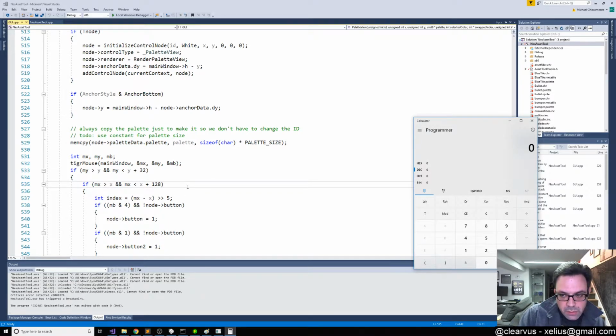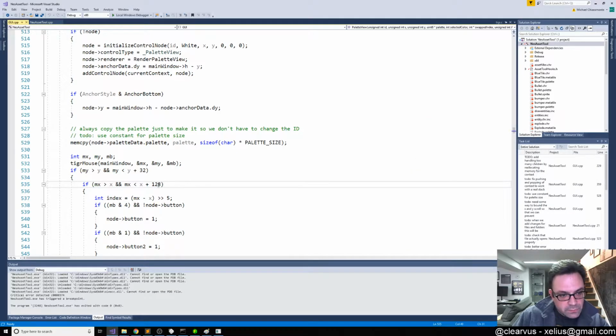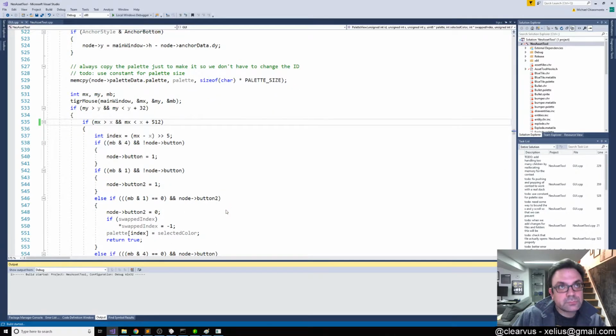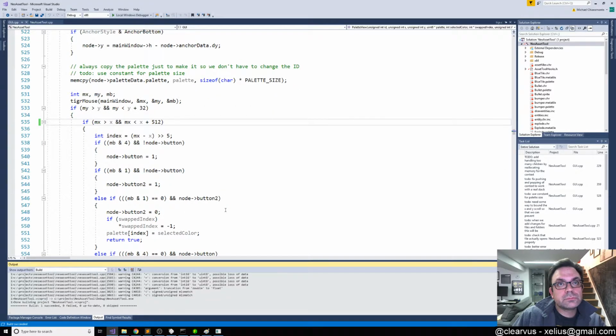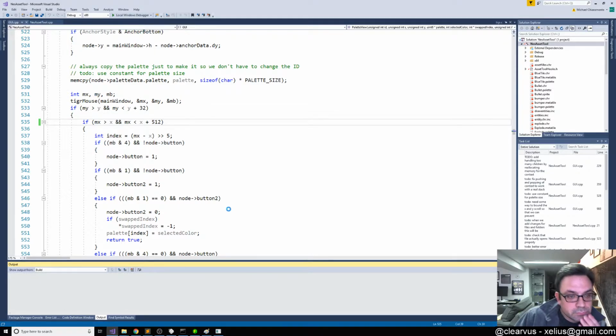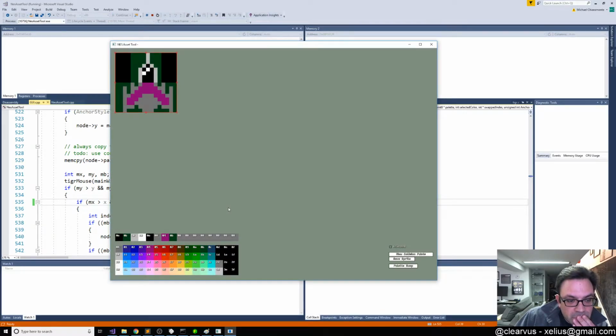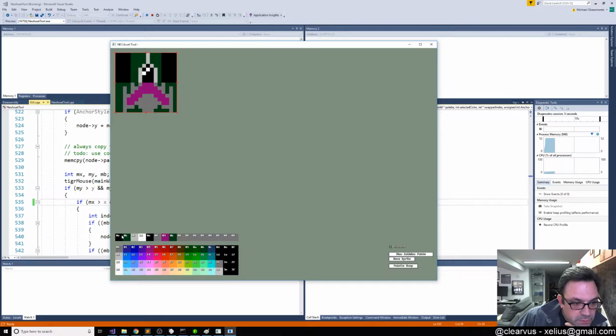They're plus 128. They're 32 by 32. So I want 16, so 512. So I can select all of them. Alright, so now I should be able to, barring the weird bug that I've got here